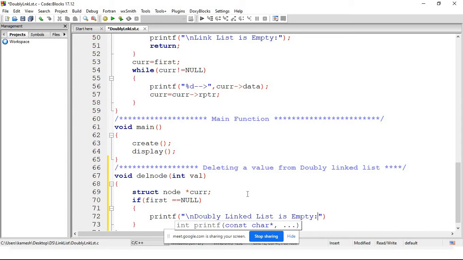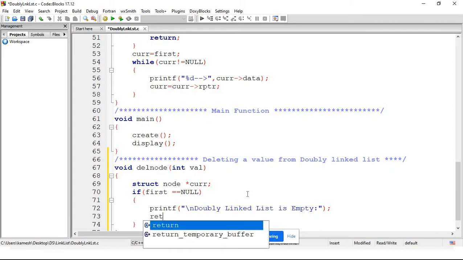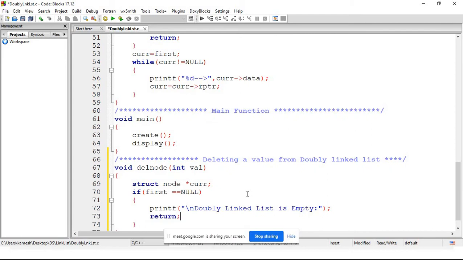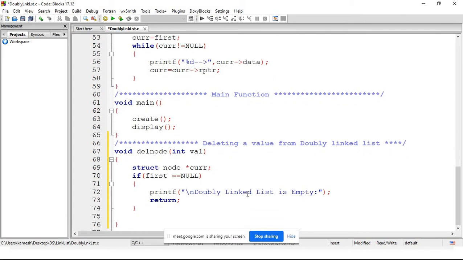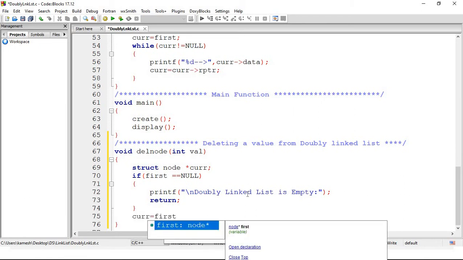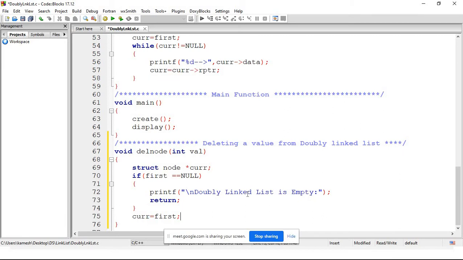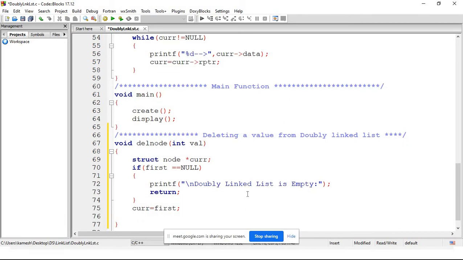And if the linked list is empty, obviously we just have to come out from this function, we don't have to do anything, right? Otherwise what you need to do is place your current pointer on the first node, because we just need to search, right, for the value. So here we are placing our current pointer on the first node.